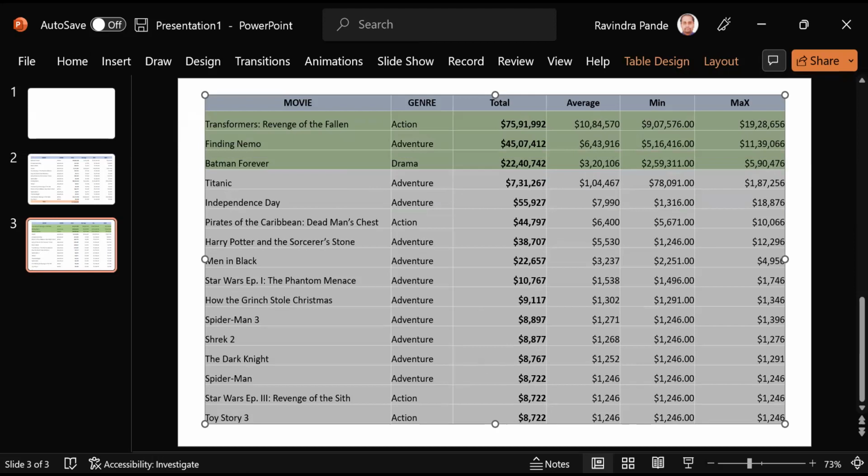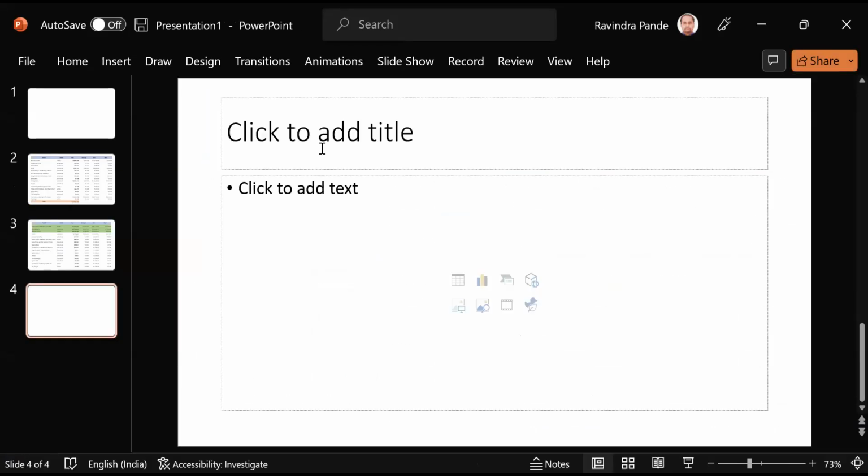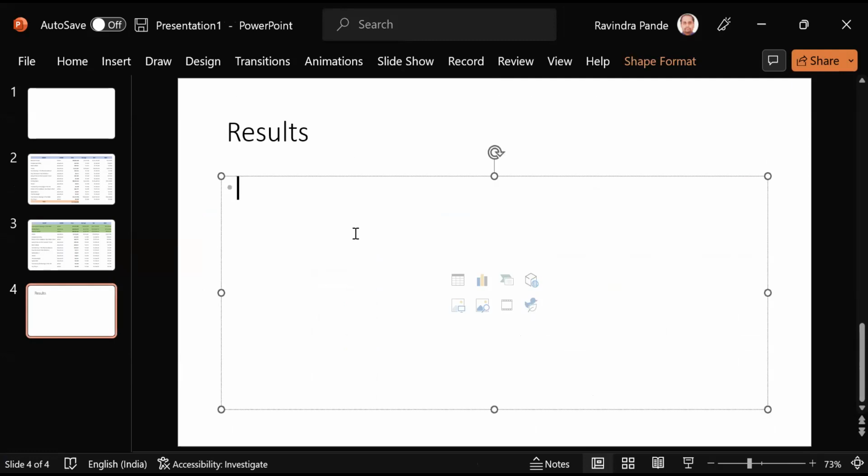How do you calculate the data, rearrange the data, represent the data, and then present it in good looking presentation slides with your comments. I can add a new slide. I can call it results, or deductions, whatever your reporting officer has asked you, and then I can say the top